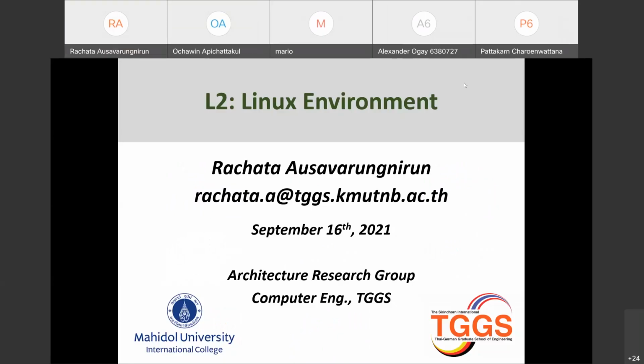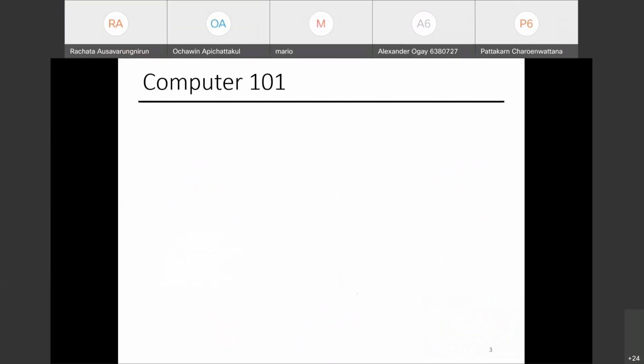So today we'll continue on from Tuesday, where we talked about the basics of the computer, right? Because so far throughout all the other courses, and I guess including your life as a user of a computer,